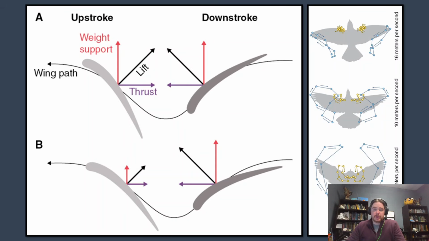And so this picture on the right is depicting the pattern of wing movements throughout a full wing oscillation on this particular bird. I think it's a pigeon. I don't remember what the example in the book is supposed to be. It doesn't really matter. If you look, and this is at different speeds. This is slow, medium, and fast, we can call it. 6, 10, and 16 meters per second. If you look, in all cases, irrespective of the speed the bird is traveling,